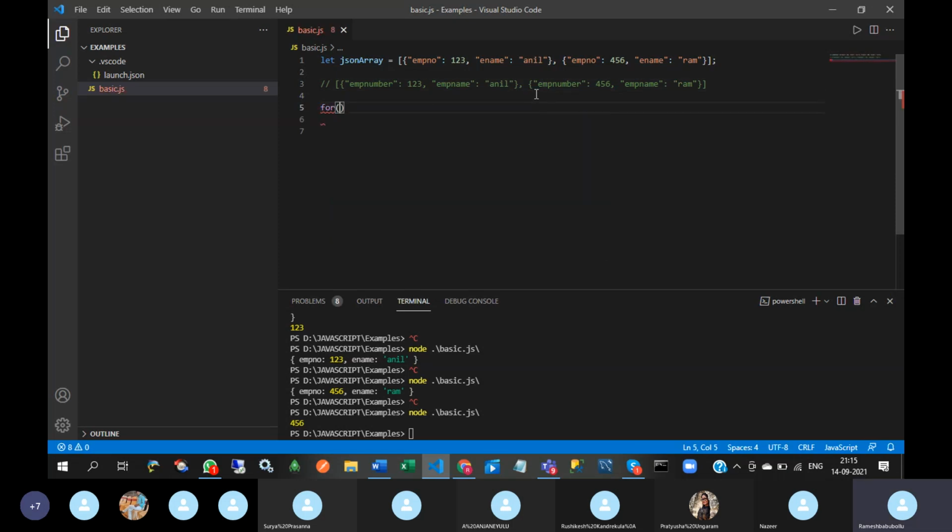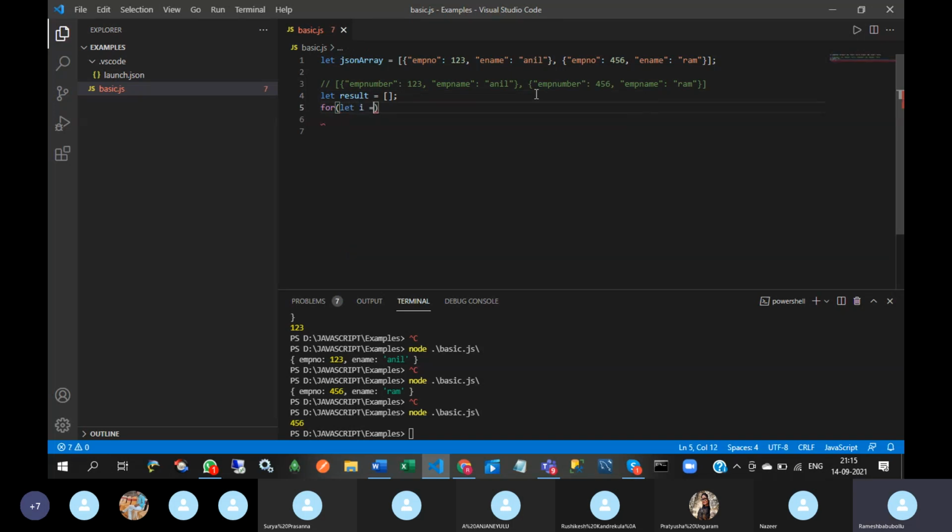So here we can use a for loop or a for each loop. I am going to declare one variable which is used for the result.